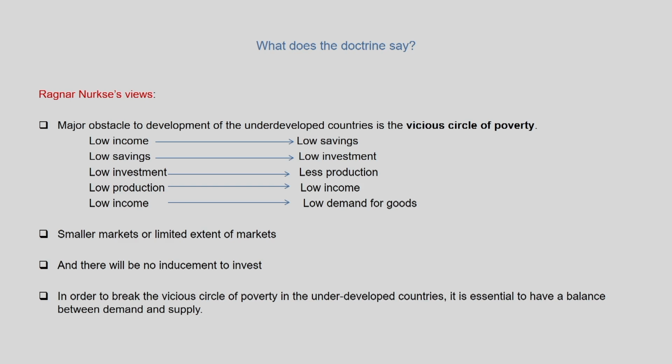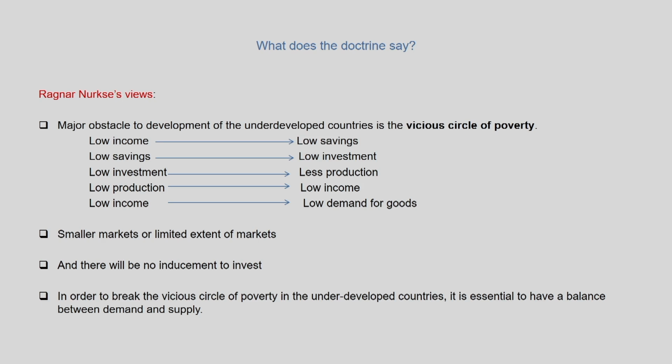If the households are on the demand side and the firms are on the supply side, the households have less income, they have less savings, and they are demanding fewer goods and services. The firms do not have access to the savings of the households, therefore they are not investing or are investing less. If they are investing less, they are producing less. If they are producing less, there is less capital formation, and in fact there is reduced capital formation over a period of time, and therefore the countries are caught in a vicious circle of poverty, and the size of the market in the developing or underdeveloped countries is very limited.